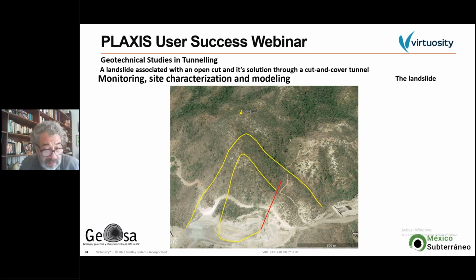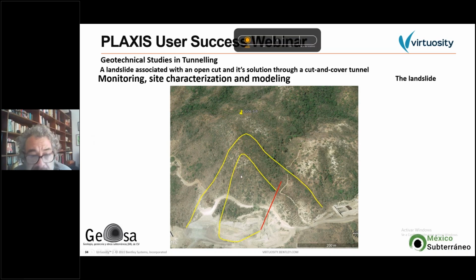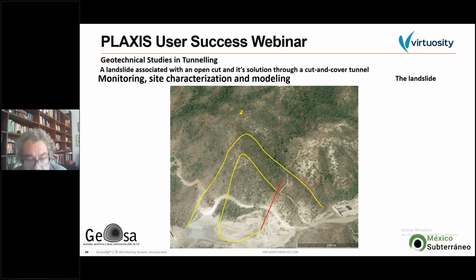Then we're going to change this. This was the story of the portal, and now we're going to the landslide that was just a few meters behind. This is a Google view of the zone before the construction. Well, it was just beginning the construction. You can see here, let me see if I can use my pencil. Yes, this is the position of the tunnel portal, and the tunnel portal would be like this area, and the landslide was all this